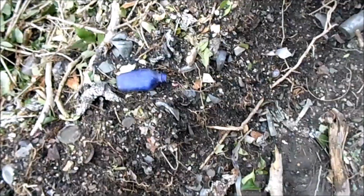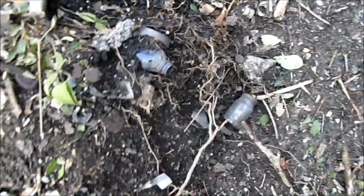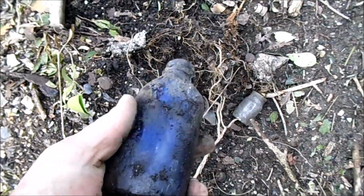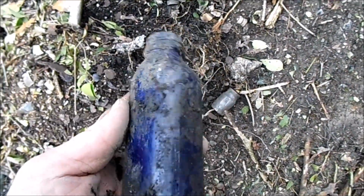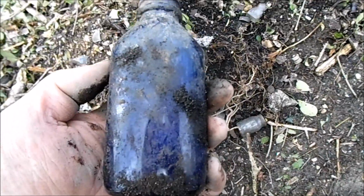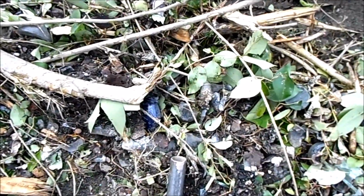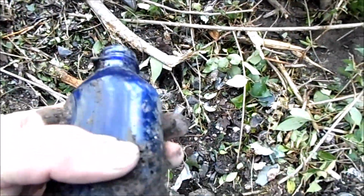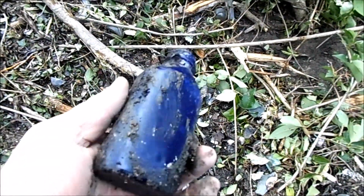Just a hot sauce bottle, but we have a cobalt blue bottle here and another one right here. They're not embossed, but heck, they're still worth a few dollars to some people. And here's a third one. Almost missed it. I'll put these on my $2.50 shelf, and